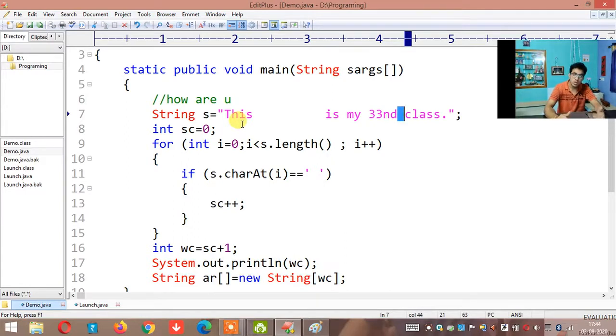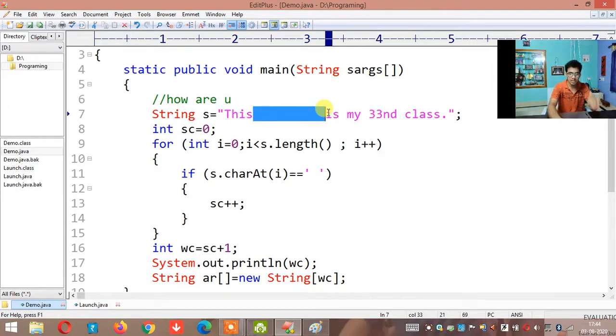So how to overcome this problem, I'll tell you in the next program. I have already taught you, if there are multiple spaces, how do you make it one space, using the replace method. I have taught you, but again I'll tell you without using an inbuilt method in the next program.